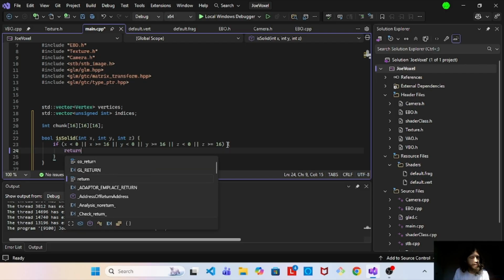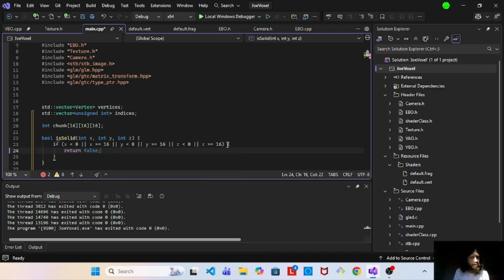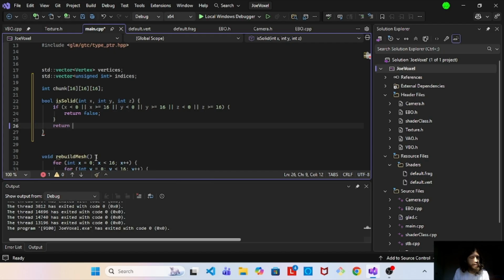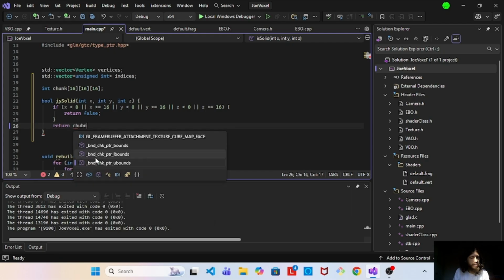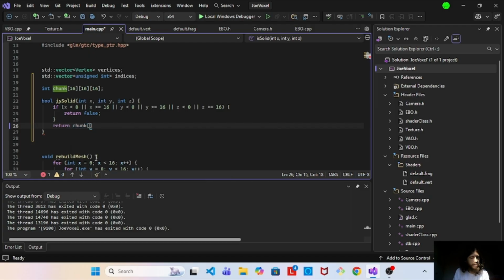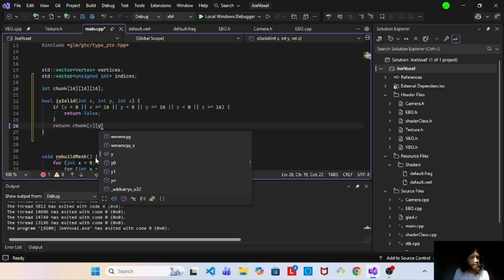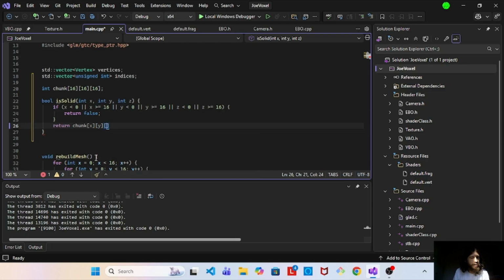We'll return false. And otherwise, return chunk x, y, z